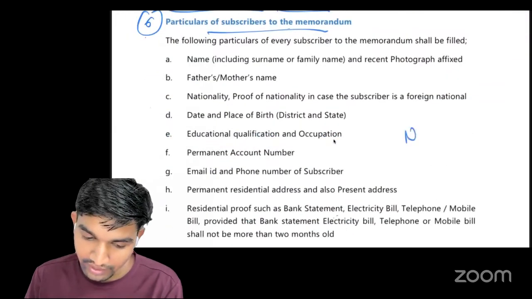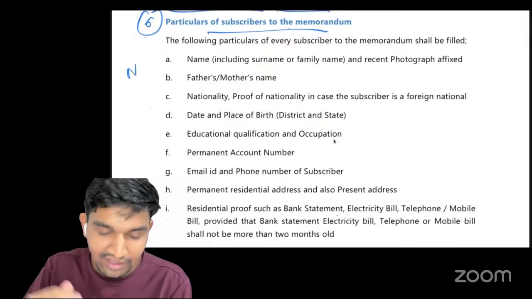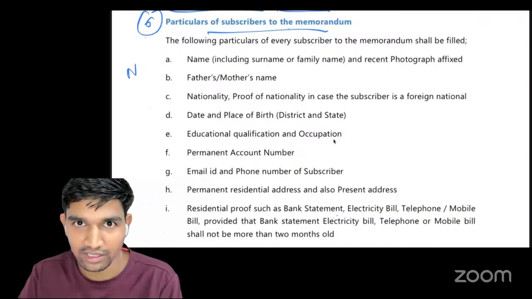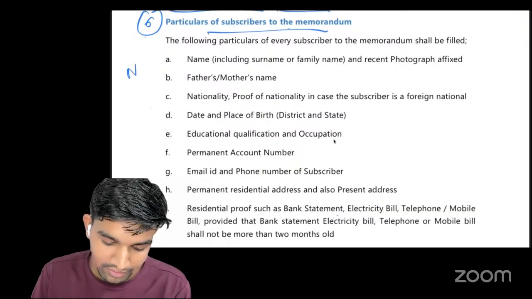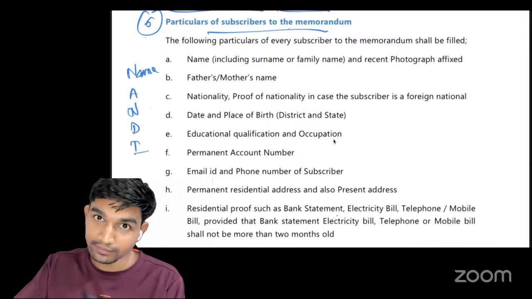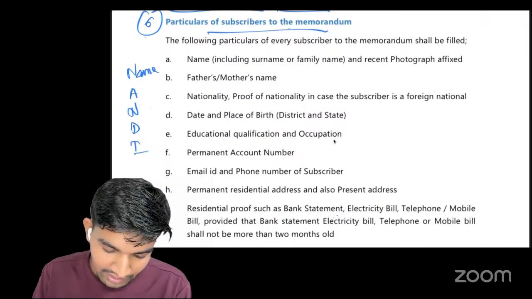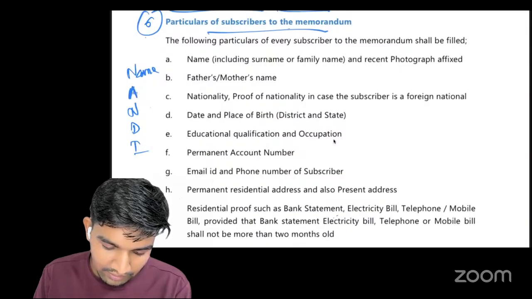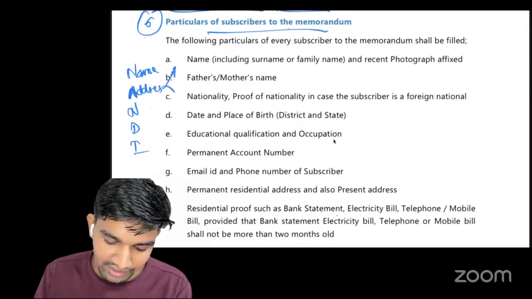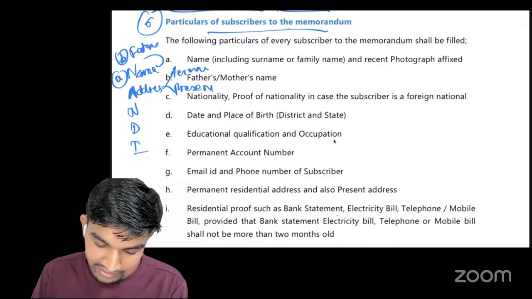Again, name including surname. Then DIN you have to remove, because for a subscriber there is no DIN. So what we will do? We will keep Nandi as it is. So here, name including surname or family name. Then E for address, so address, permanent and present. Name, with father's name also has to be given. So name, father's name,